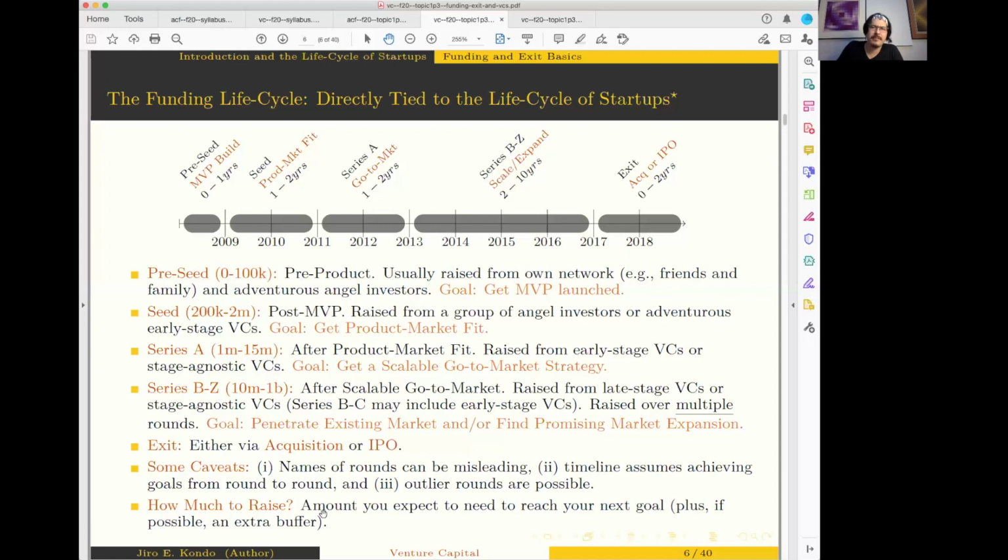So you guys can read up about that. But to me, Jet.com is a great example of an outlier round. Their first round of funding, as I said, was pre-product and it was such a serious round. They raised 60 million, not 0 to 100K. But because it was a 60 million round, it was actually called a Series A, because you don't give someone $60 million, no matter how famous they are, without a pretty tight contract, right?